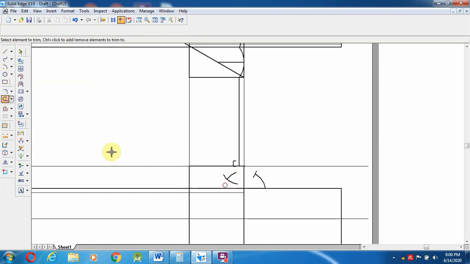I am going to trim it. Select a line again from here to this end of the line and select extend to next, extend to that particular line, then give fit.